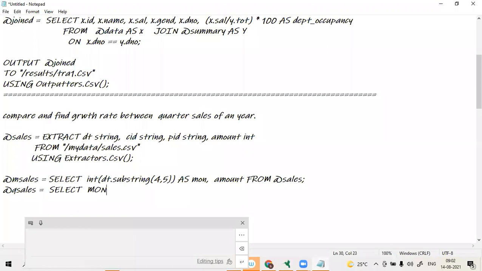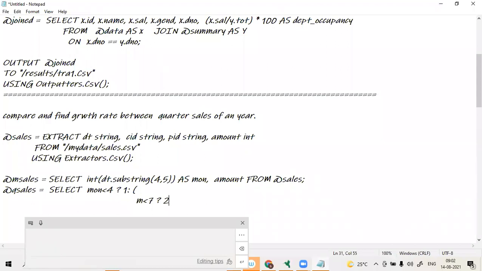Select my condition month less than 4. Then what do I need? Q1, just value 1 I need, right? Yes, correct. Else, in the place of else, I am giving one condition: month less than 7. No need of saying greater than 4. If the above condition is false only, you are coming to this one, right? Correct. M less than 7.